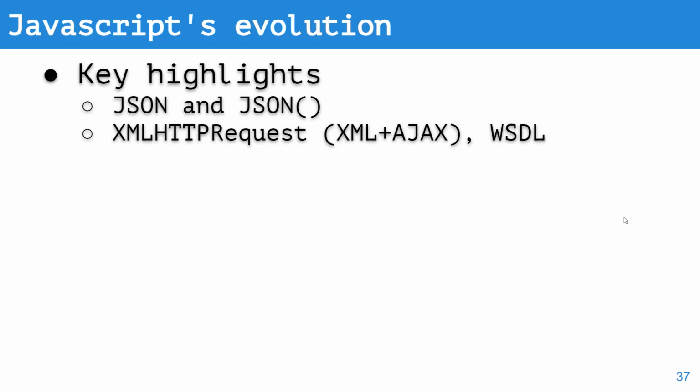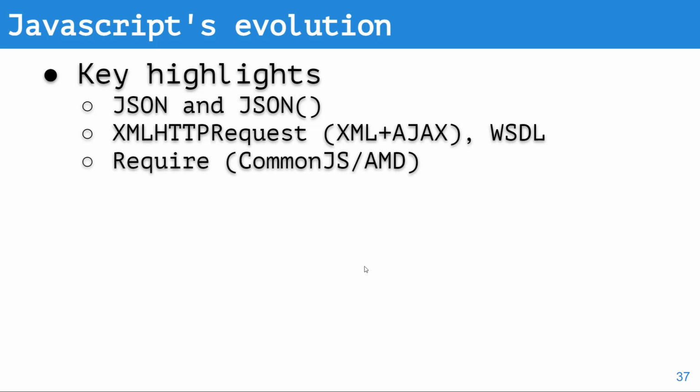When you were talking to some of these web services that were SOAP XML based, you'd use a WSDL file, Web Service Description Language file, which was XML based. That would tell you, well, these are the types of requests that are on the system, and these are the types of objects you need to create, proxy objects on your side to talk to the service, and that as well. There's also the stuff around require, CommonJS, AMD, asynchronous loading, in that Node.js impact,